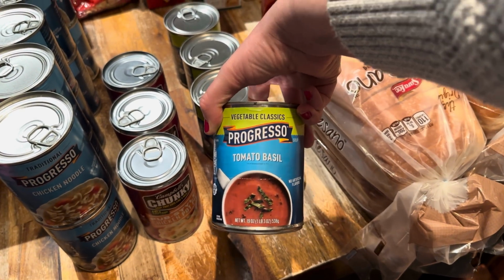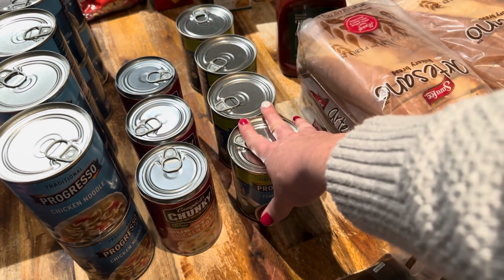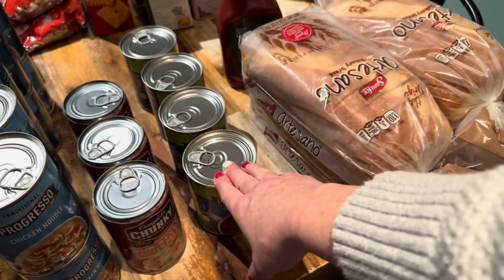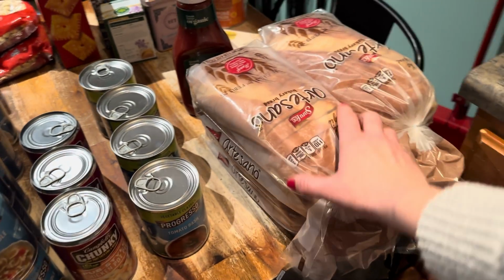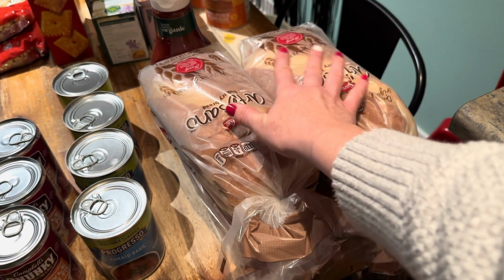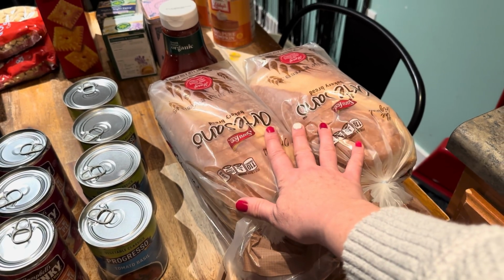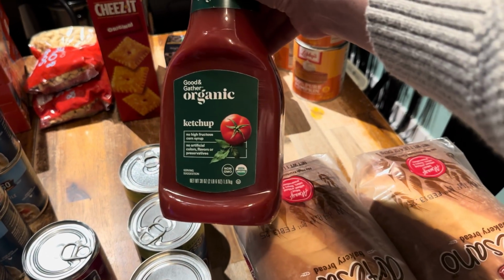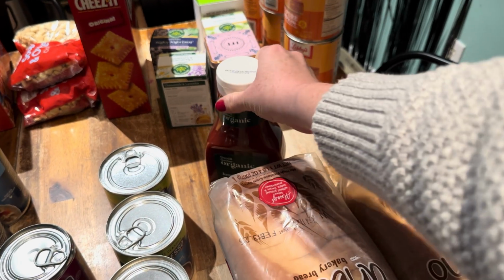4 cans of tomato and basil. I thought once we were starting to feel better, us older ones that do like tomato soup can do like this and a grilled cheese. So we got 4 loaves of bread, or they can have just plain toast, butter and toast, or cinnamon and sugar toast as well. I don't mind. We ran out of ketchup, so this will hold us over until I can make it to Aldi's